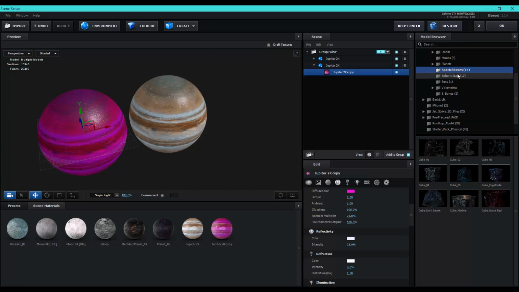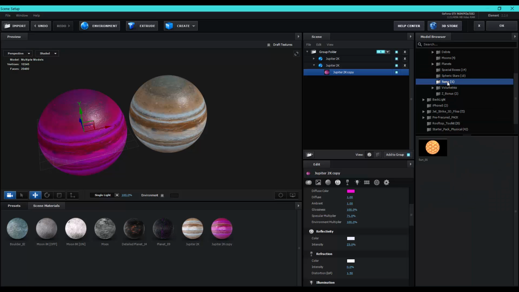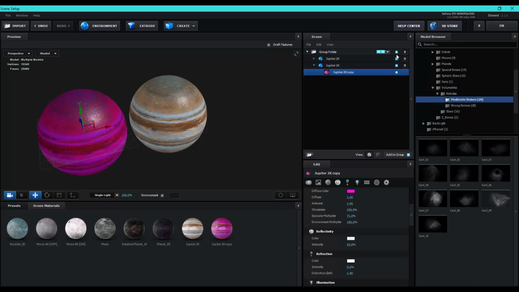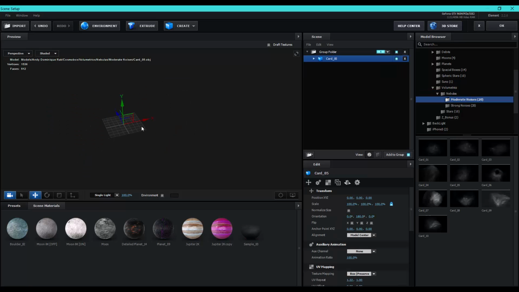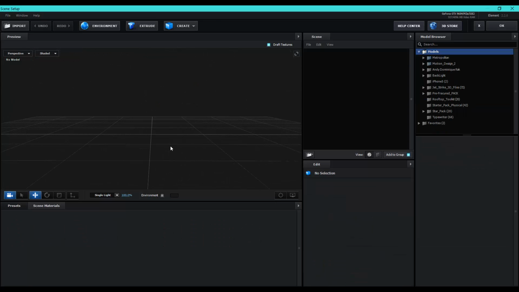Okay, and these other sections, so you can check this out. You can combine all these assets to create something very cool. So download and play with it. So guys, that's the Cosmobox pack, and now let's move on to the fun stuff and creating some space scenes inside of After Effects with Element 3D.